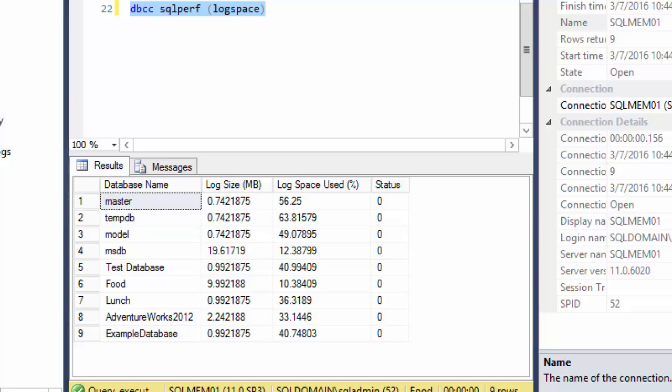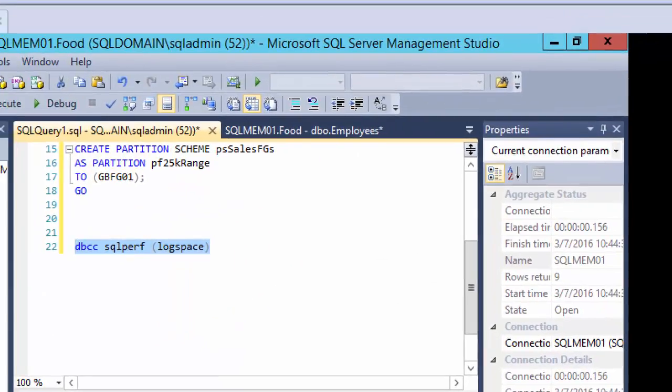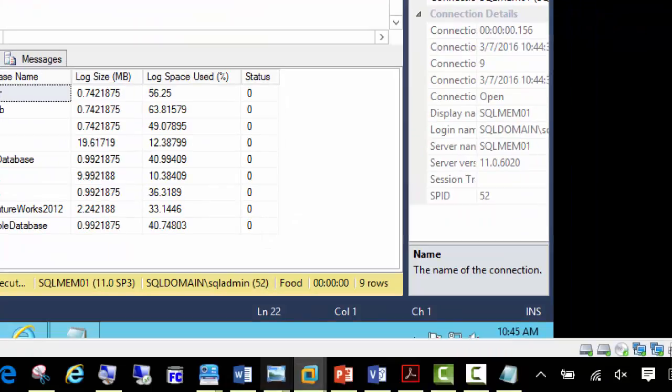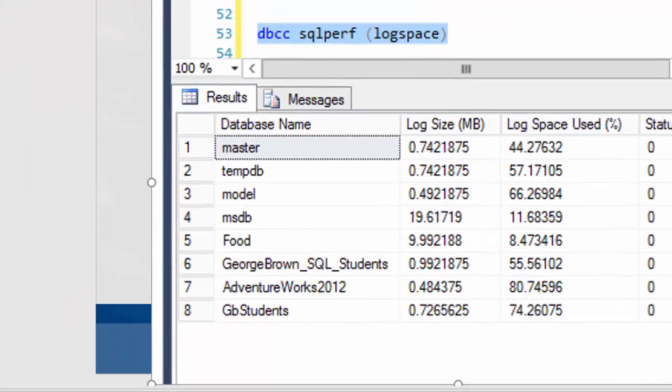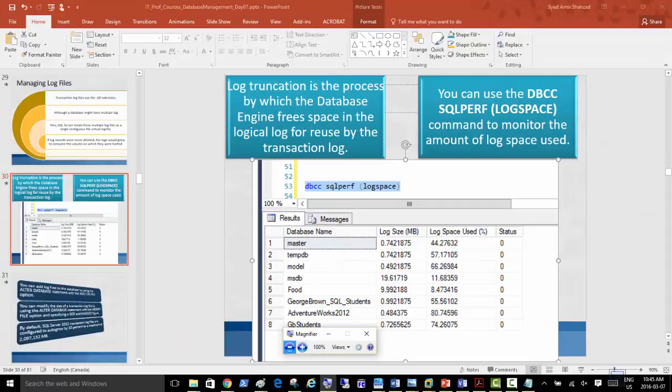If it has increased to such a level, how would you truncate that? How would you get rid of those log files? There is truncation, a way to really get rid of those files. The database engine frees space in the logical log for reuse by the transaction log. So log truncation is the process by which it gets rid of the files.